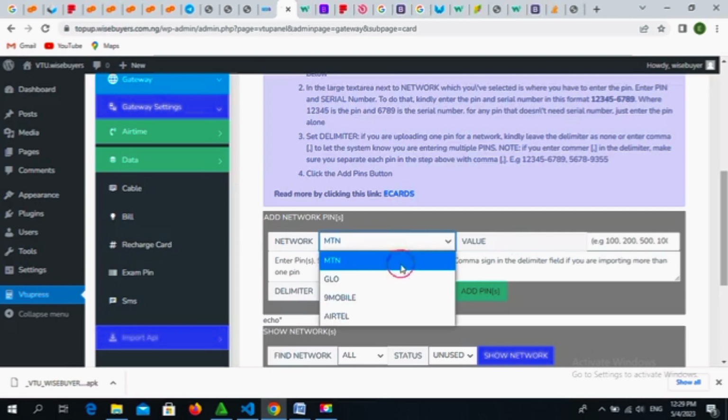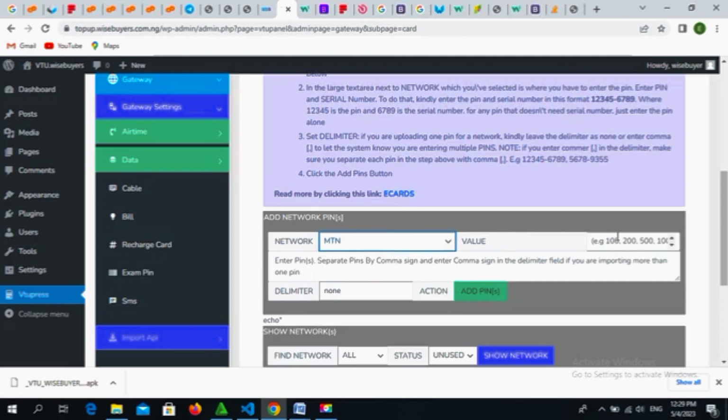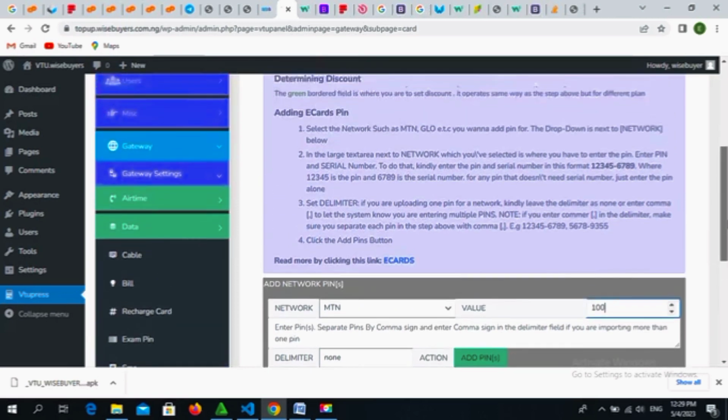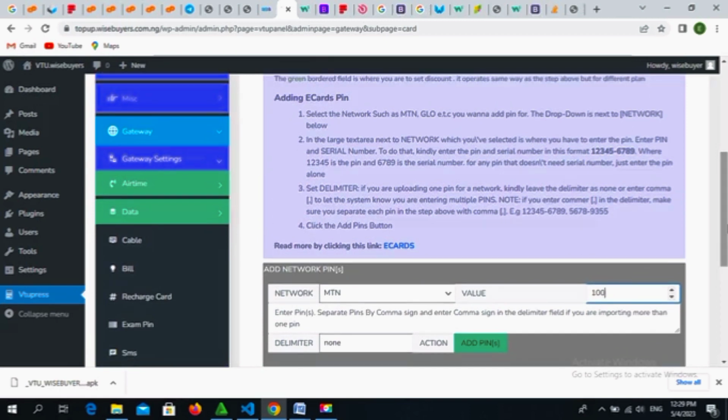Maybe it's MTN. You click on MTN. Then the amount, maybe it's a 100 naira recharge card pin. Listen attentively, please. After you have selected the network,